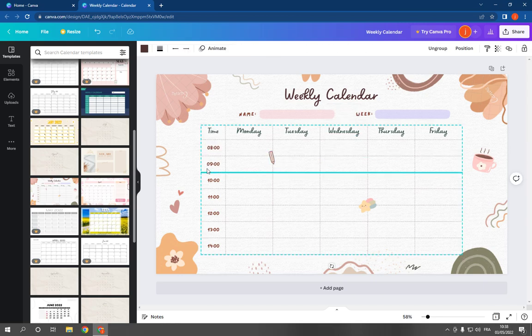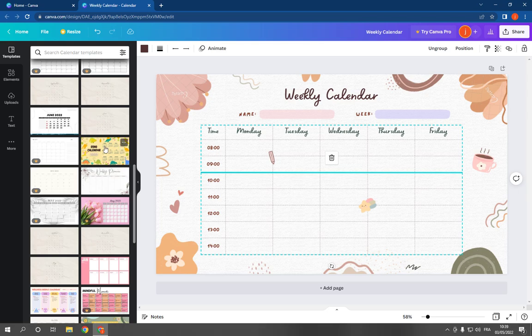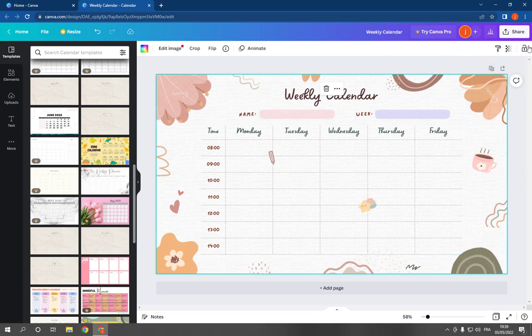After you finish editing the template, all what you have to do is go to the top here, click on